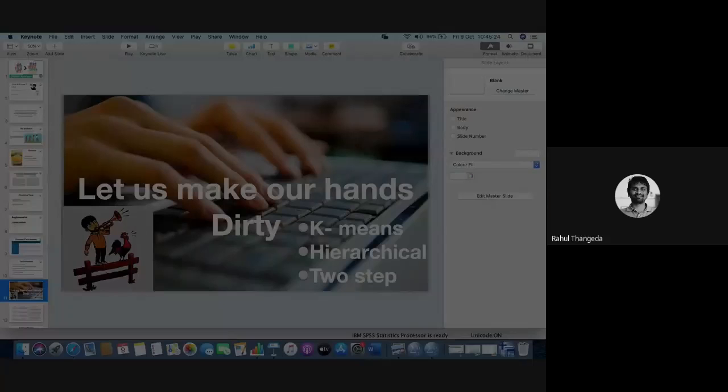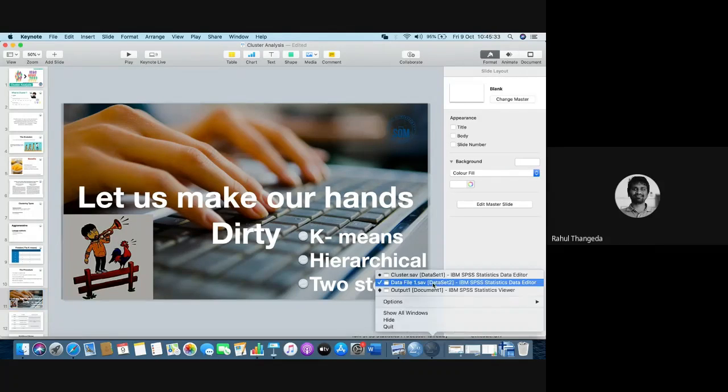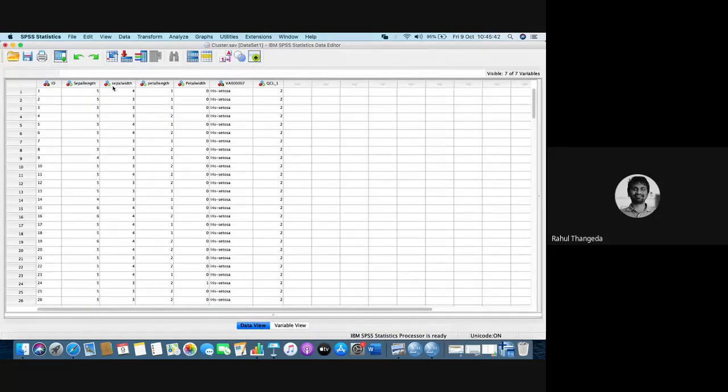In SPSS, there are three methods of clustering. One is k-means, two is hierarchical, and three is two-step. So let's go back. You all have this data file, which is called cluster.sav. Can I request you to please open this file? When you open this file, okay, I have run this already. What you will have is an ID, which is definitely the serial number. And then you will have